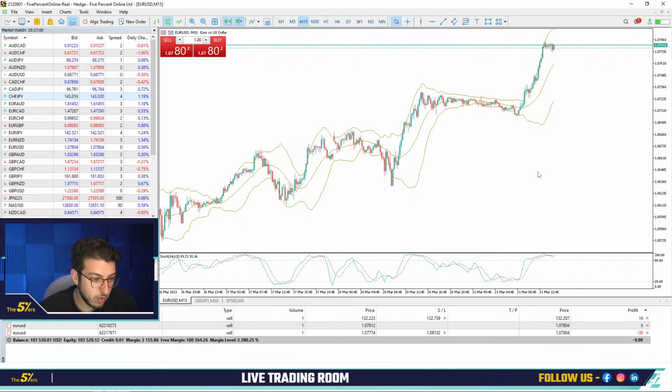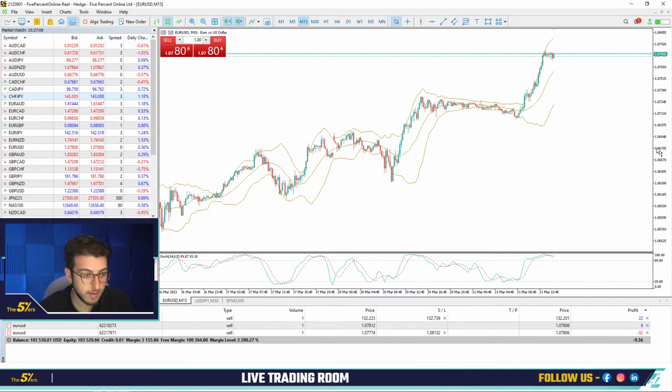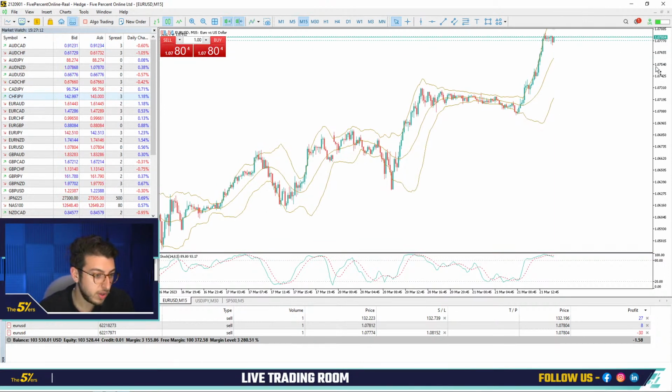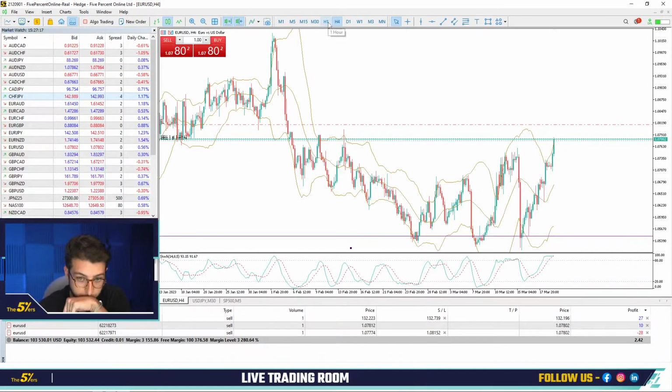Please do not short the Euro USD. You are just asking for an L. Trend is very strong to the upside. Look at the weekly chart. Again, I know I explained this just before. You need to have some balls to have this type of position. I'm comfortable with what I'm doing. If you want to make a buy here, feel free to do it. Again, I will definitely not make a buy on that specific spot.